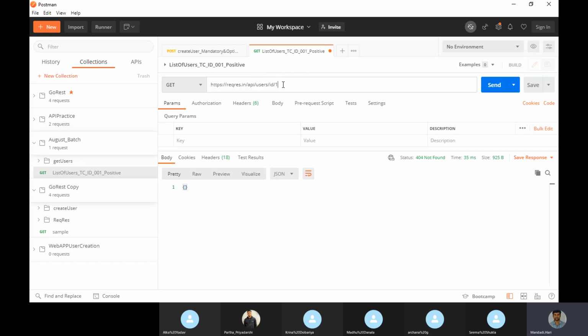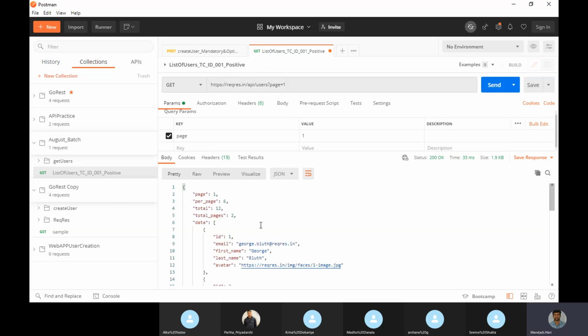In a query parameter, we pass it with the question mark and the parameter, whatever filter you wanted to use to filter out your records. Okay, clear, right? Our filtering here is with page number, so page equal to 1 is our filtration. So this is about query parameter and path parameter.